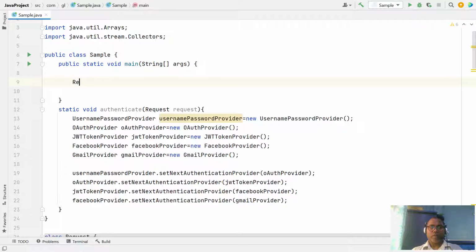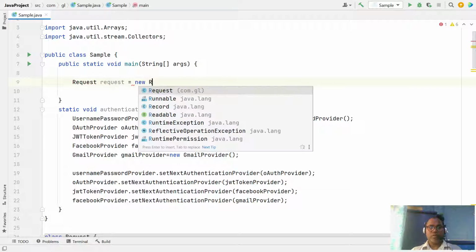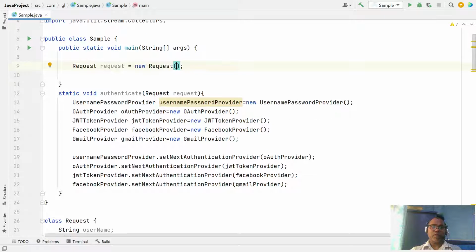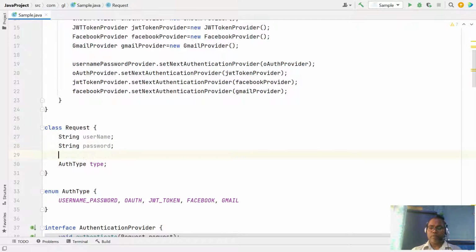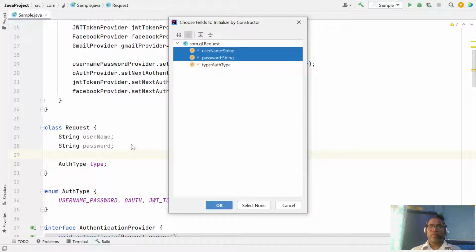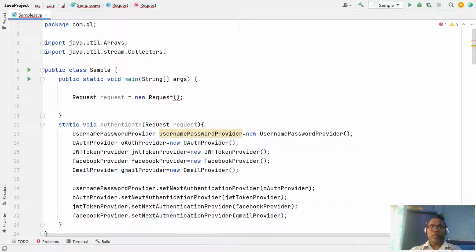We go to a new request. We use username password as a constructor, so let's insert the username and password.